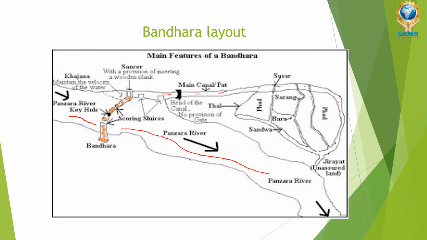These are the irrigation portions, like these places Fad, Sarang, Bara. If you are a farmer of Sarang, you are going to receive the water through a small passage you can see. In red I have marked these passages, and the green mark that I have marked here is the irrigation lands. These irrigation lands are getting water only through this feature of Bandra.